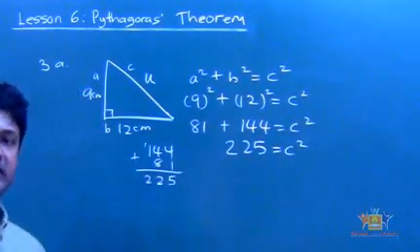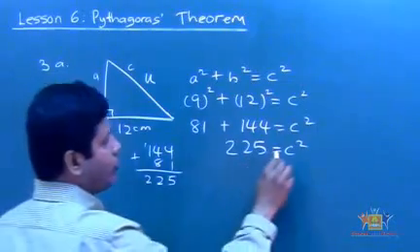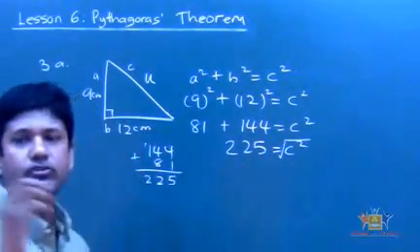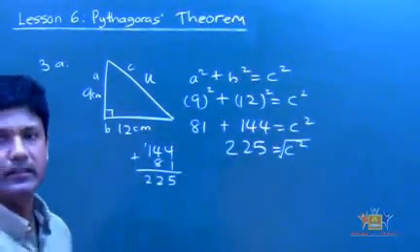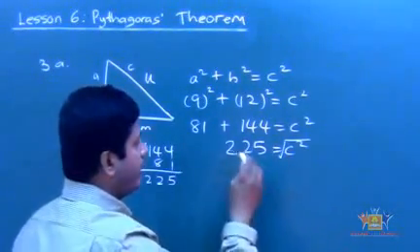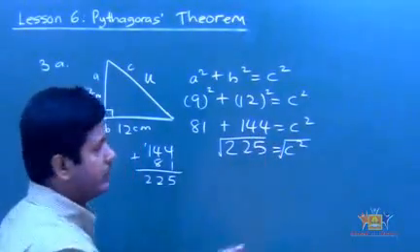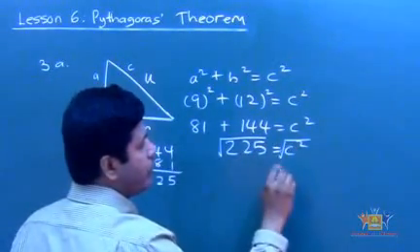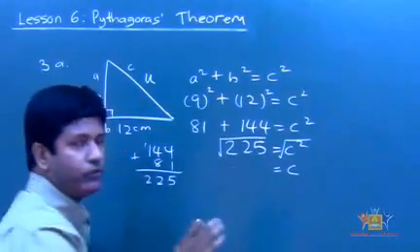But I'm looking for c. So that means I'm going to take a square root. When you have a square, you take a square root to find the c, or whatever you want to find without the square. So we're going to square root both sides. When you square root c squared, it will give you c. Square root of